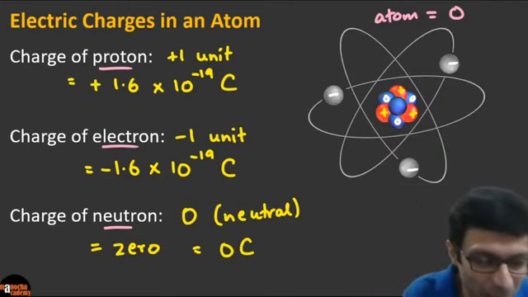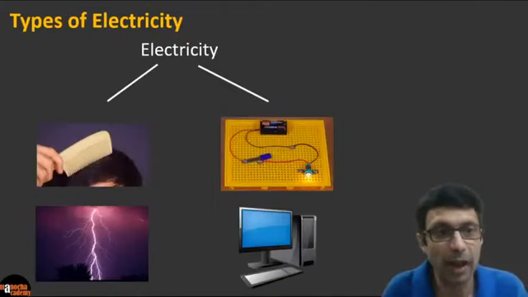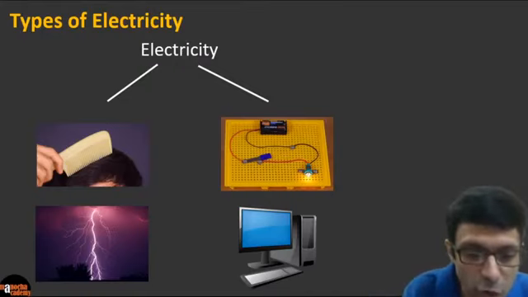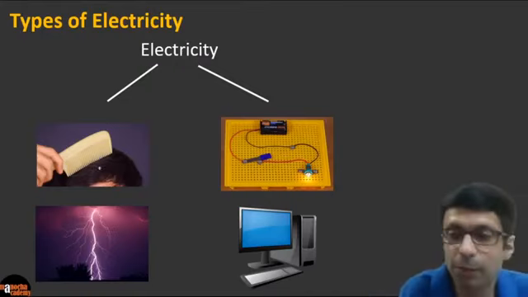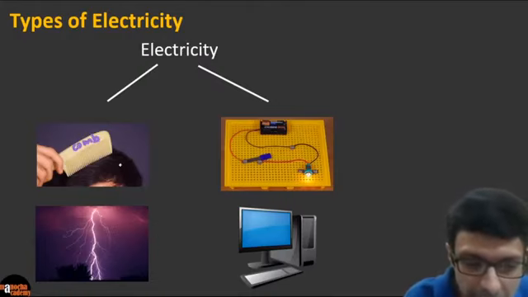Okay, so let's move on. We talked about electric charges, right? And even electricity can be classified into 2 types. So let's talk about what are the 2 types. You must have heard this famous experiment that if you take a comb, right? Can you see in this picture, there's a comb here. So if you take this comb and you rub it on dry hair, right?